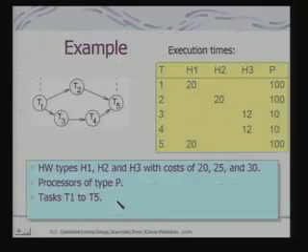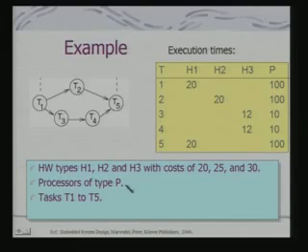So let us take an example to understand this integer programming. Let us say this is a simple task graph and these are the execution times. Now, how you have obtained these estimates is basically a key problem, but I am assuming such estimates are available. If you remember, I told you performance estimation is a critical component for all these exercises. So I have got these estimations, maybe through simulation or otherwise. I have got hardware types H1, H2, H3, and they have costs associated: 20, 25 and 30.